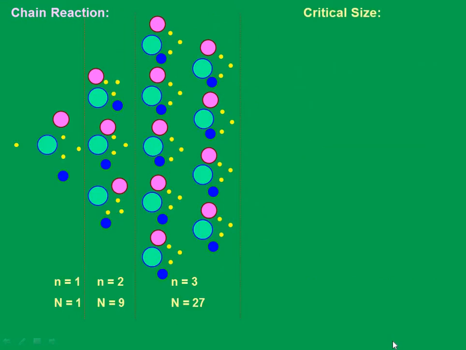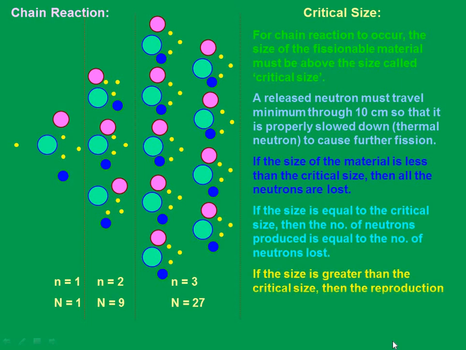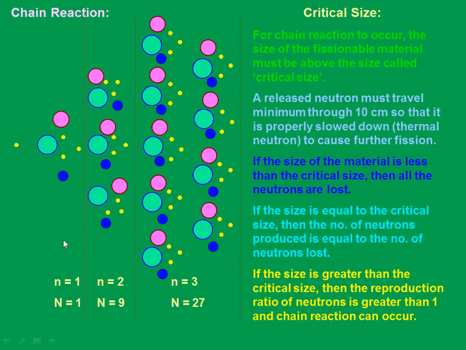Now let's look at the important topic which we call critical size or critical mass. Anyway, in the neutron multiplication factor, which is our next topic, we can discuss it there also. Critical size refers to this: in order to continue the chain reaction, the mass and size of the fission material play a crucial role. Whether the fissionable material can sustain that chain reaction depends upon the multiplication factor K, based on the number of neutrons in the present generation to the number of neutrons in the previous generation.